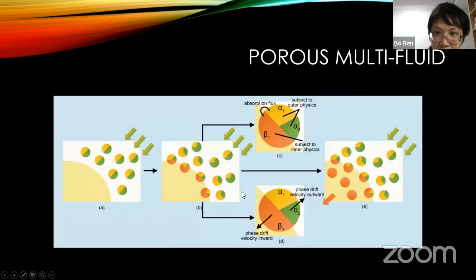The particle behaviors on the boundary are shown in this figure. When the particle comes near the solid surface, in this case, we said that the yellowish phase can be absorbed, but the greenish phase cannot be absorbed. As the particle moves towards the solid surface, the light yellow phase, which is the outer phase, can change into the inner phase, which is the deeper yellow phase, due to the absorption flux